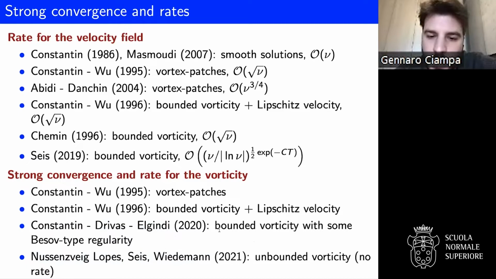They were able to show strong convergence in the case of a bounded vorticity, so in the Yudovich class, and in their work they also provide a rate of this convergence by assuming some Besov-type regularity on the initial datum. While the second one, due to Lanthaler, Mishra, Parés-Pulido, and Wiedemann, was obtained contemporaneously to our result. They also proved the strong convergence for unbounded vorticity, so out of the Yudovich class,